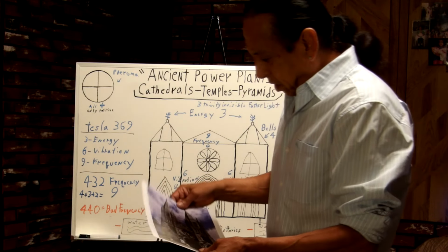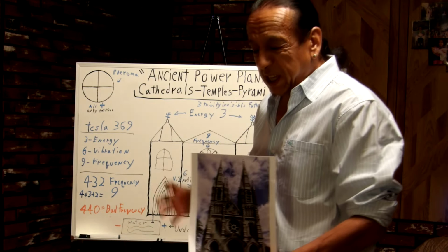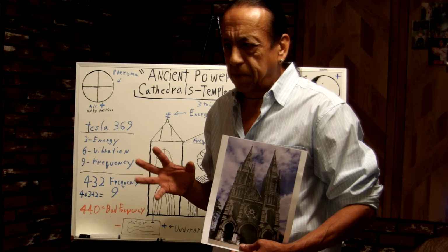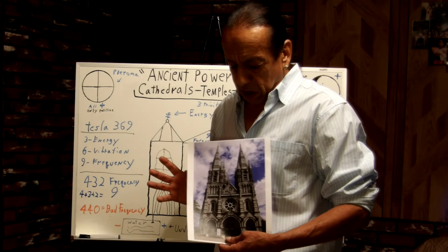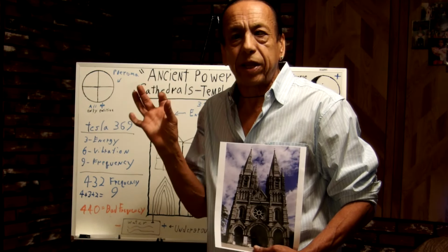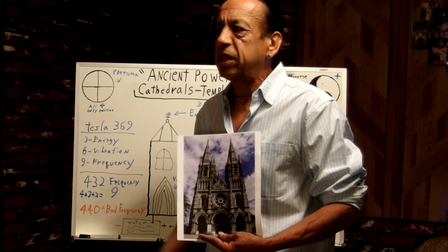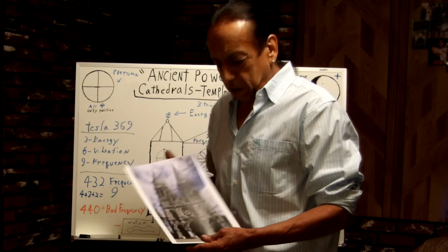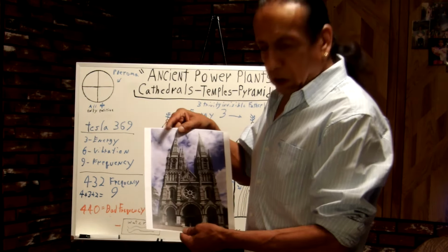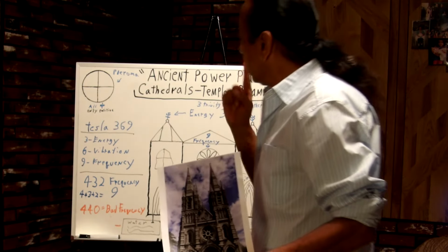So now, okay, these buildings would always be in the center of a city, a big Gothic cathedral. They call them Gothic temples, Gothic cathedrals, whatever. Cathedral, cathar, it means like battery. It has to do with power. They turn them into churches, turn them into this, turn them into that. Okay, well, here we go. Watch. Tesla says